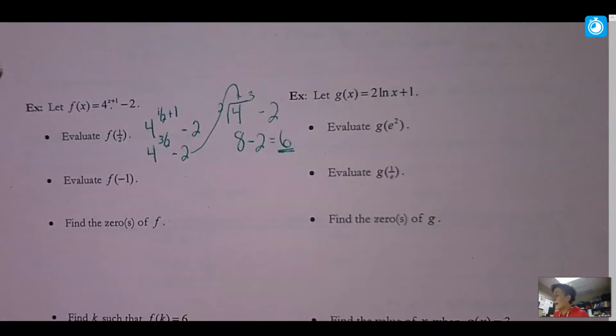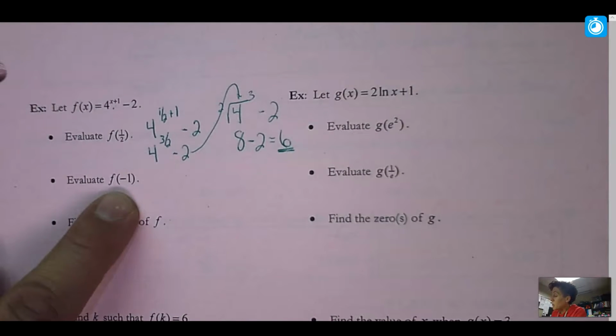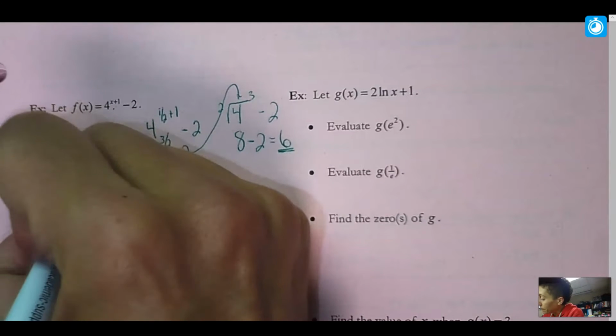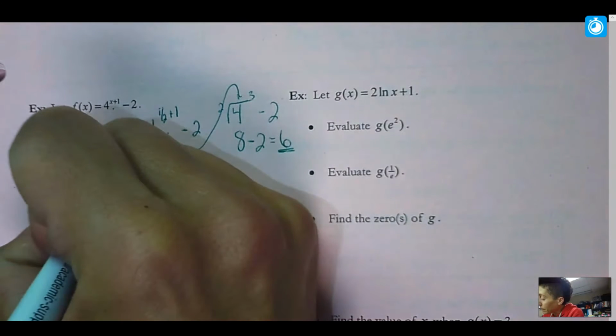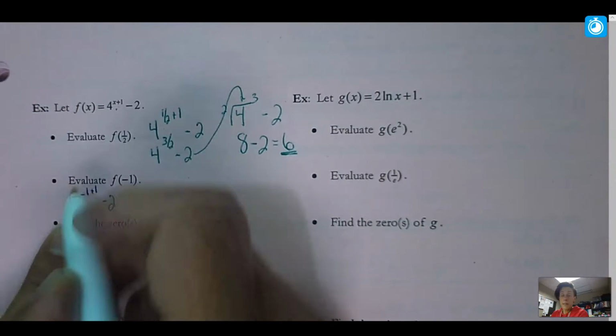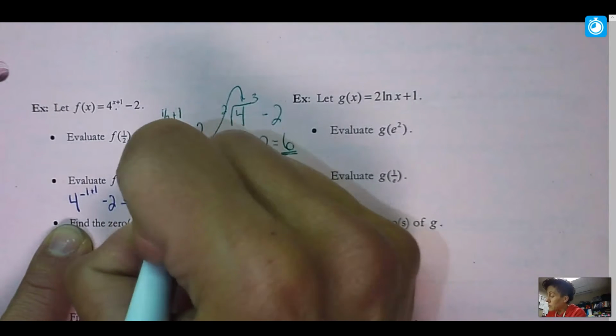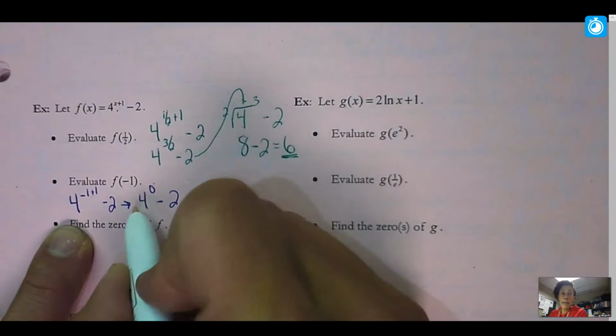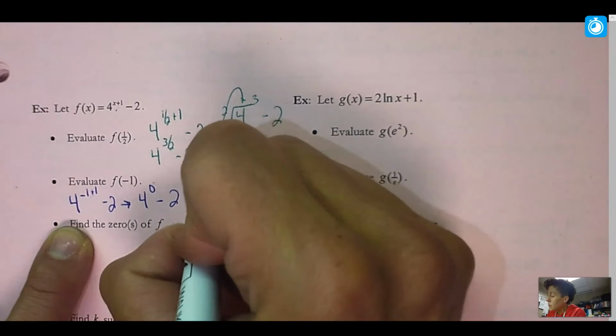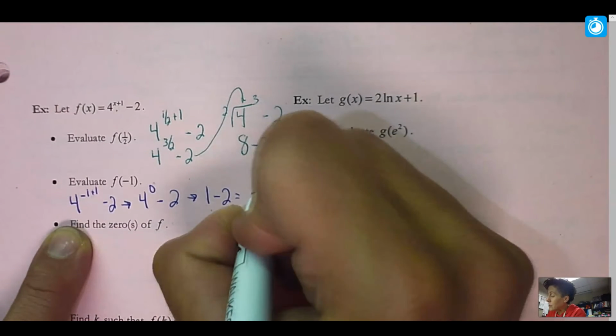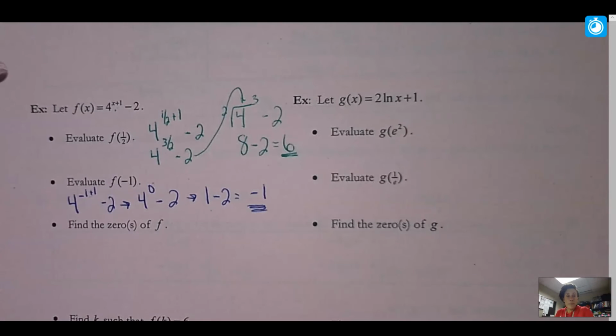Definitely a challenging problem there. So the next one, I'm going to put -1 in. And this just becomes 0. So 4 to the 0 power and then subtract 2. Well, anything to a 0 power is 1. So 1 subtract 2, my final answer here is -1. Now, in the next one, I actually need to find